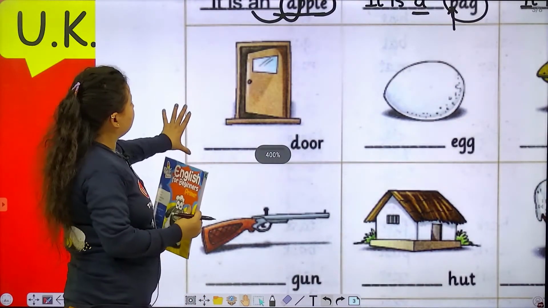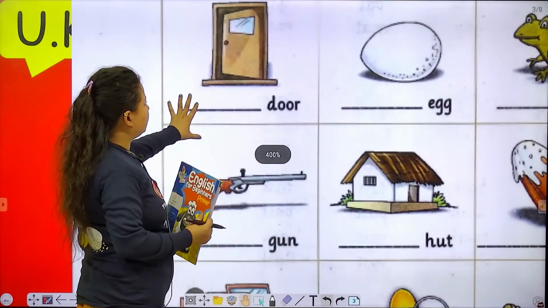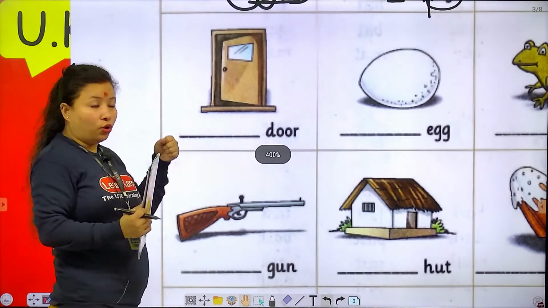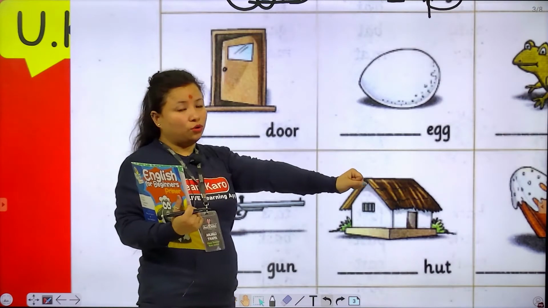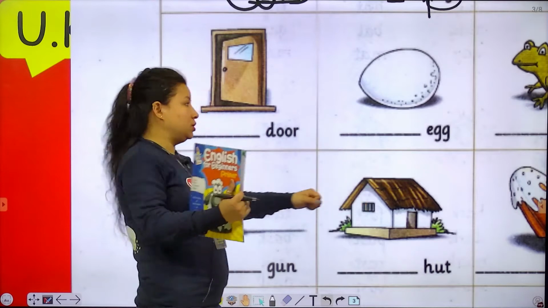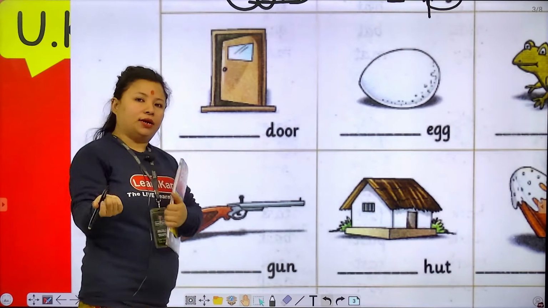Now, next is, what is this? Can you see this picture? What is this? This is a door. We can open the door or we can close the door. So, it is a door or it is an door?